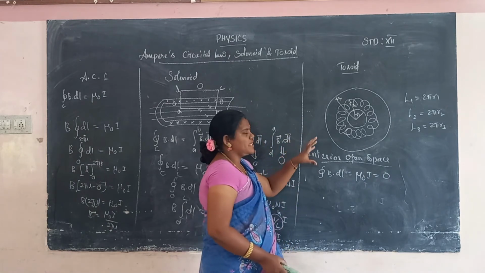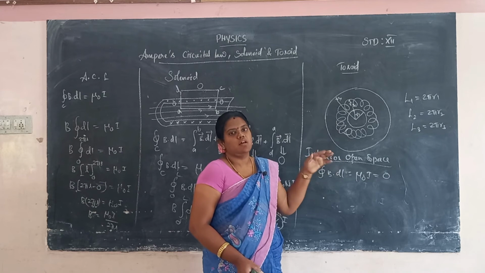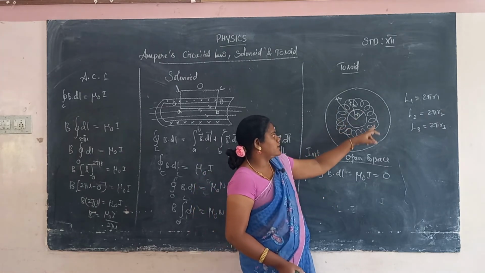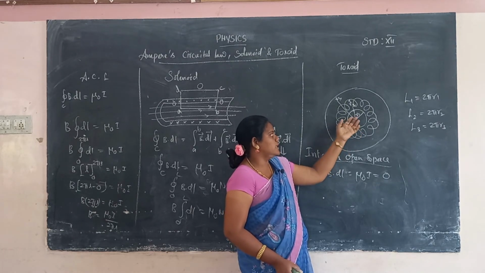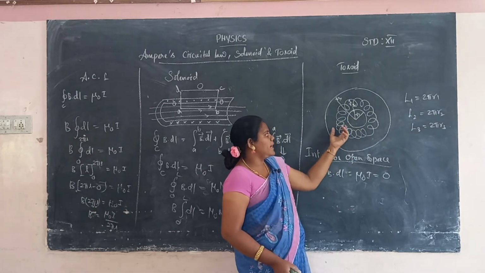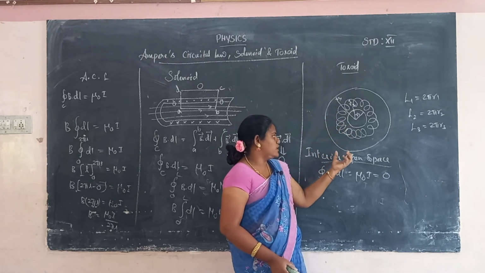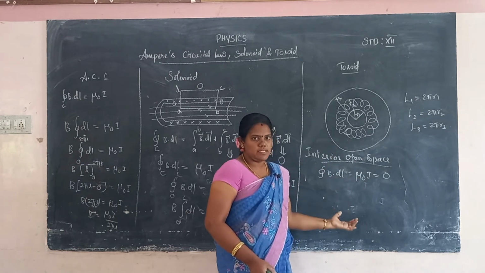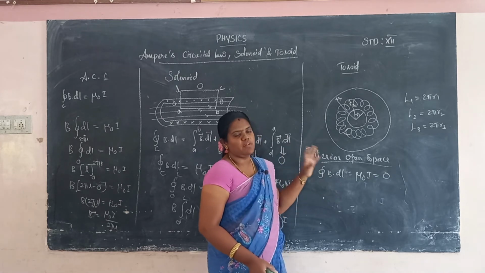So in the interior space there is no current at all, but we have to consider whether the magnetic field vanishes or not. Some magnetic field is created by applying the current on the toroid. So the magnetic field is near the inside and outside, but in the interior open space of the toroid there is no current at all, though some magnetic field is there. After the magnetic field vanishes, the current will be 0 and the magnetic field also 0.